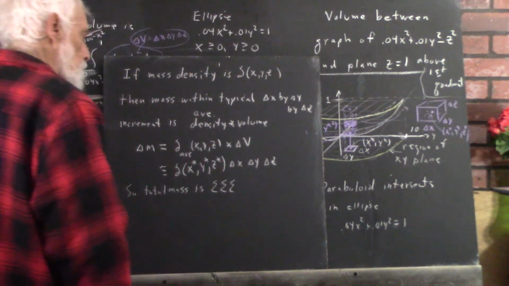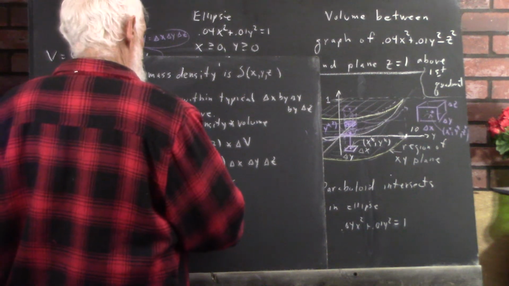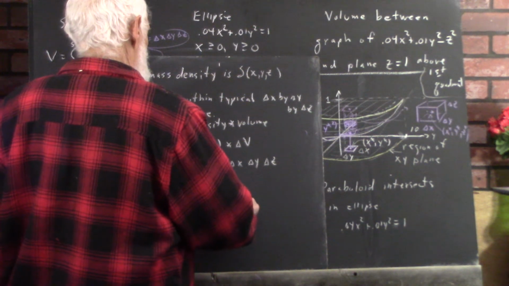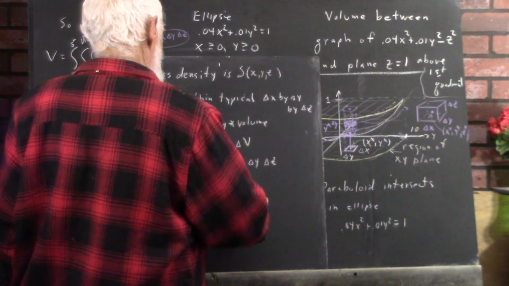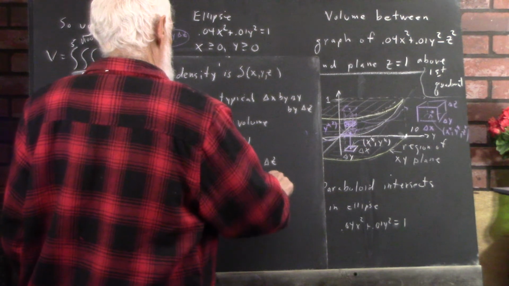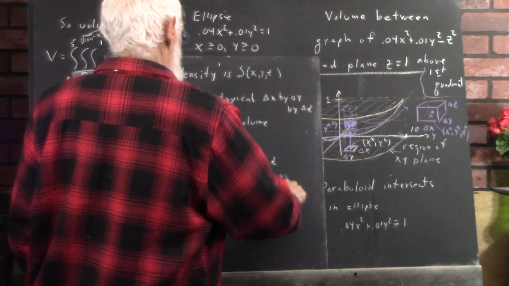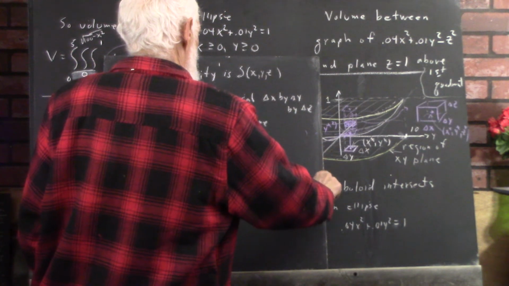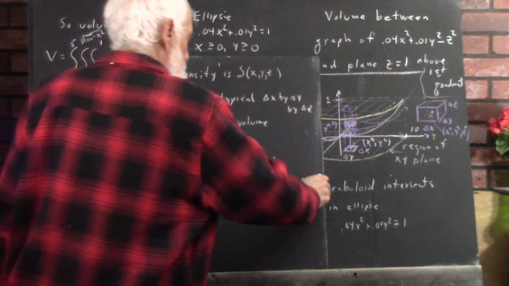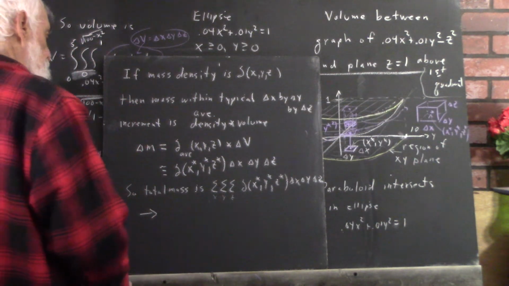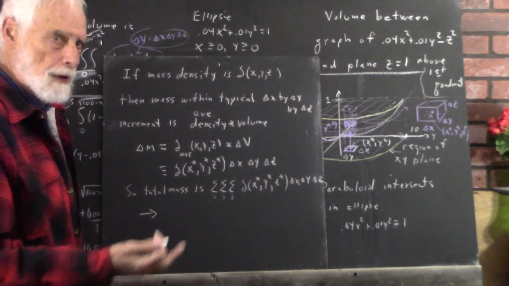The total mass is a triple sum over x, sum over y, and a sum over z of these contributions, and that's something that should be written out in detail. And that sum approaches, through a process that shouldn't be all that mysterious,